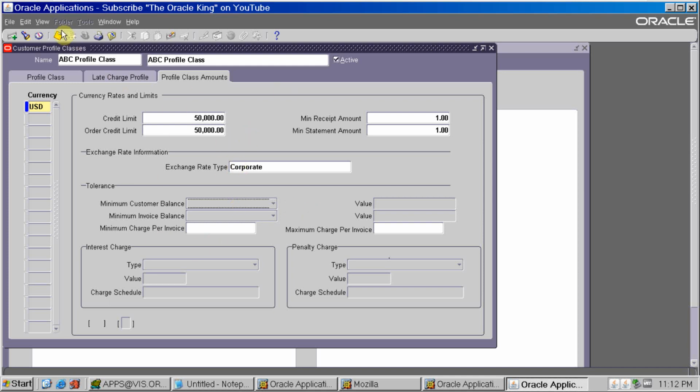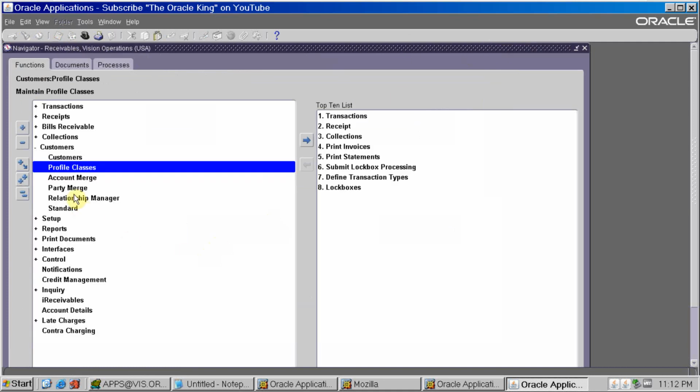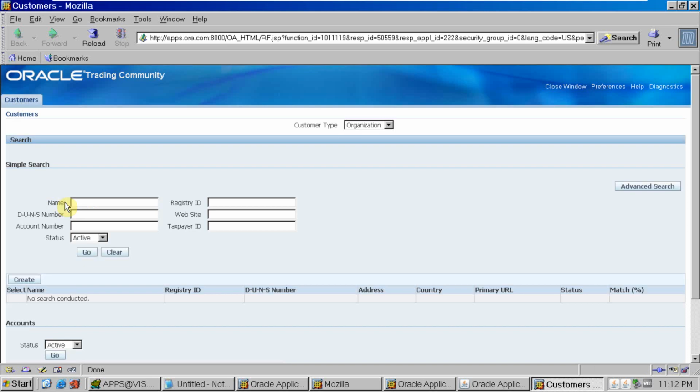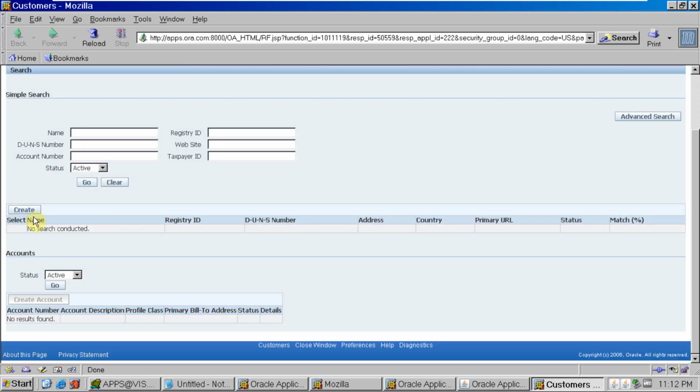Now I will save the customer profile. Now the customer profile is saved. Now I will link it to the customer. For linking the customer, I will first create a customer. Go to customer to create a new customer.